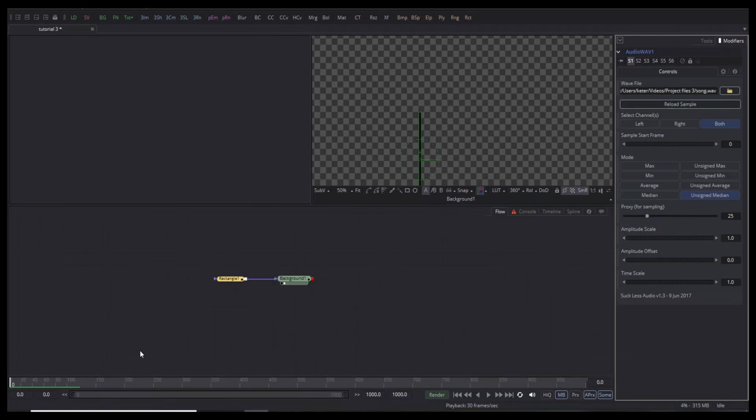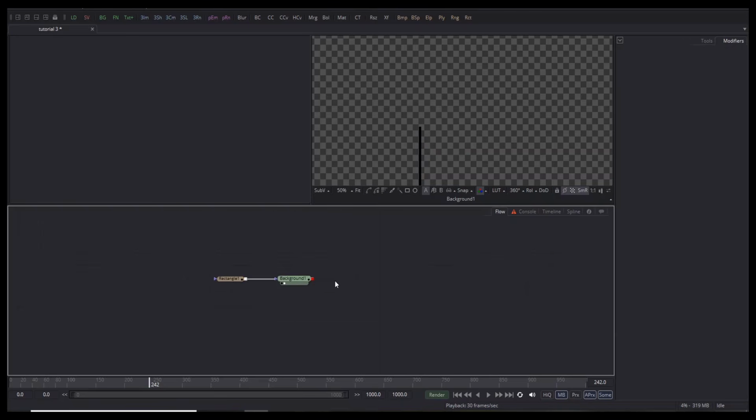I'm just gonna go to the beginning. And what we need to do is we're gonna bring the amplitude offset down and amplitude scale down a little as well, so it doesn't go so drastically. Bring the offset up actually and the scale down. Maybe bring the scale just a little bit higher. Well, we'll play with it later. And to this, I'm just gonna move this to the side,